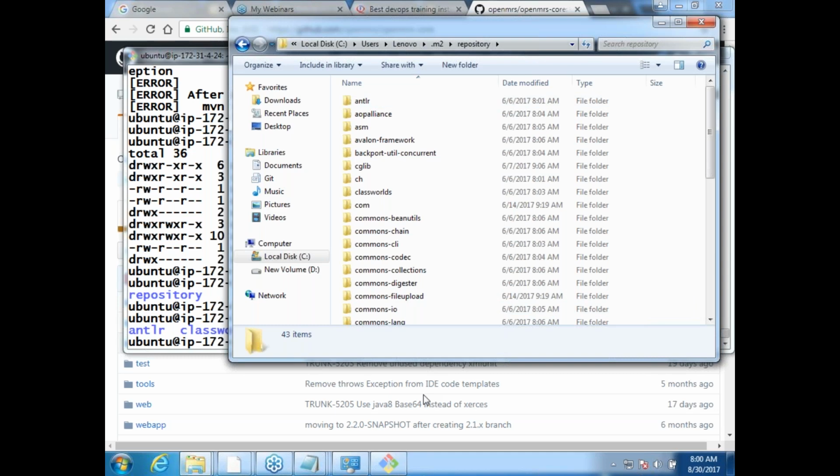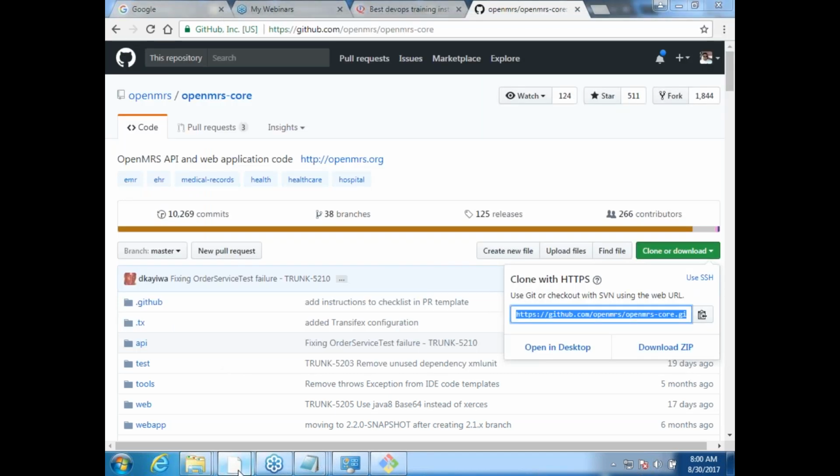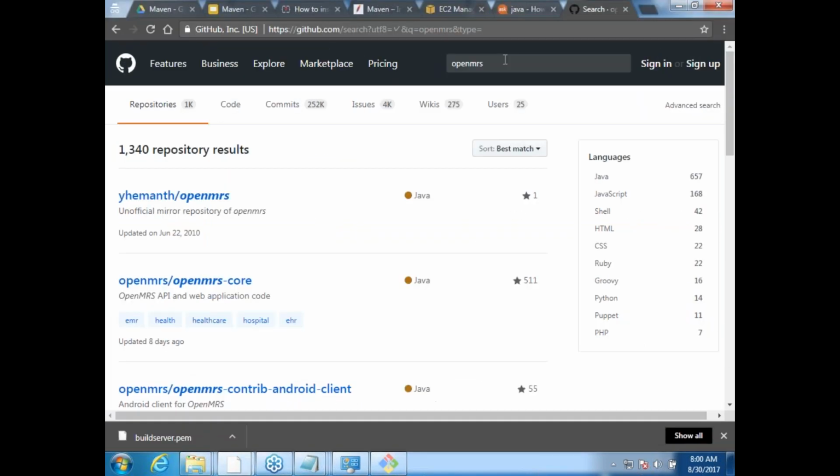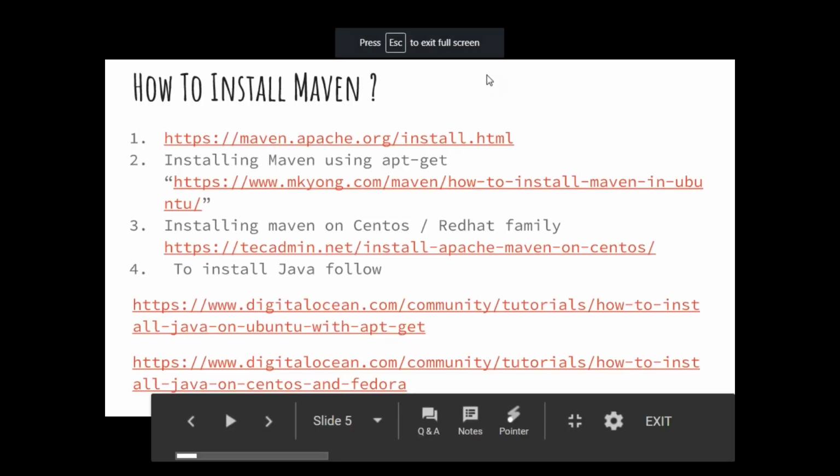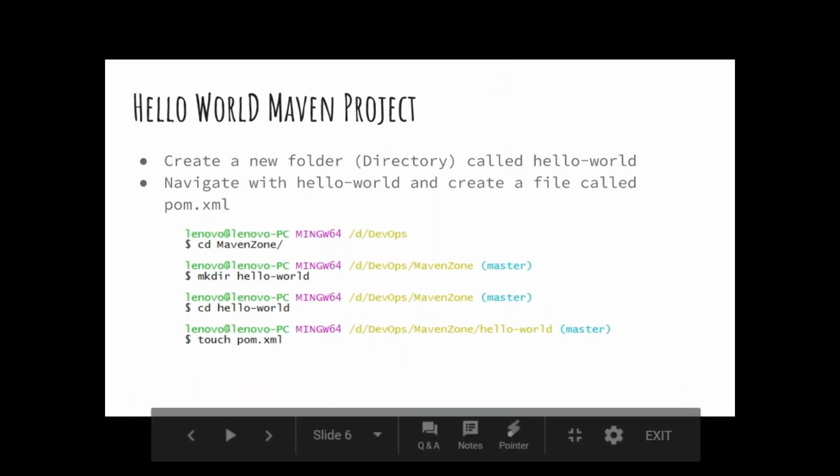We now understand that if you want to start Maven, there is a very important file called pom.xml. Let us try to write our own pom.xml and understand what happens.